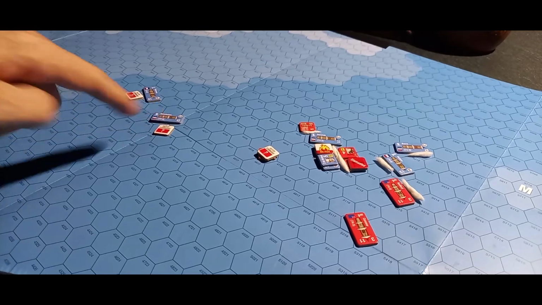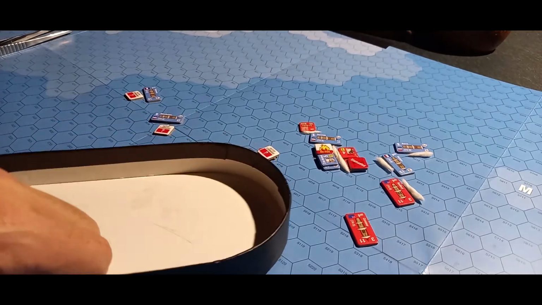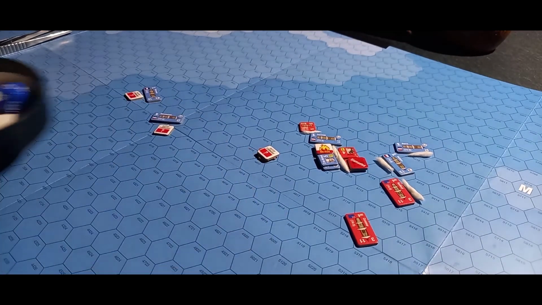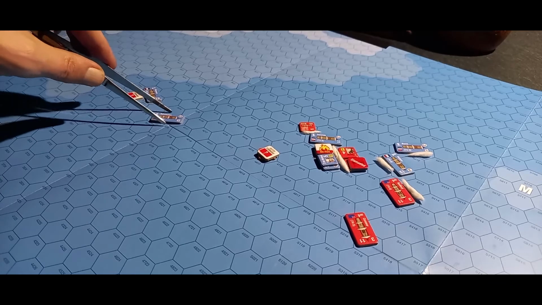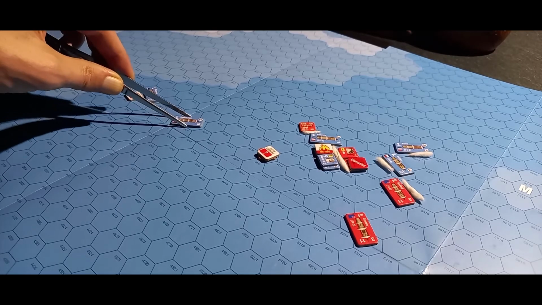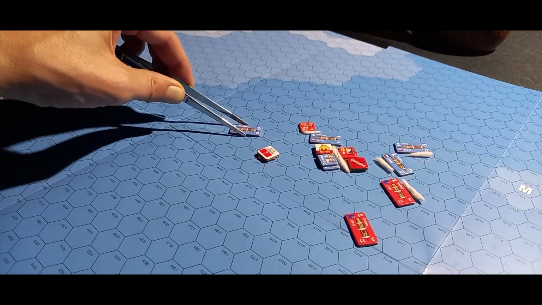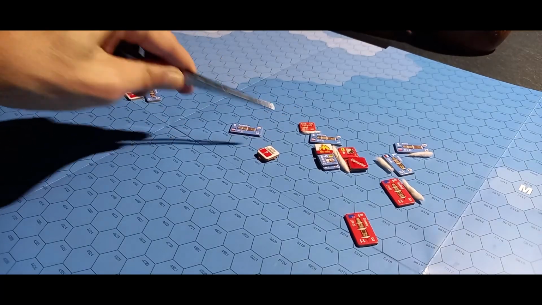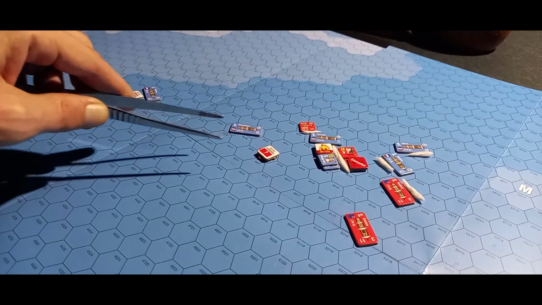Okay, back to the French. And the French will actually activate the révolution, and see if the out of command is in command. Can actually activate everything as normal. So he is on a 4 movement. 1, 2, 3, 4. He was hoping to reach one of the frigates, but and now back to the British,